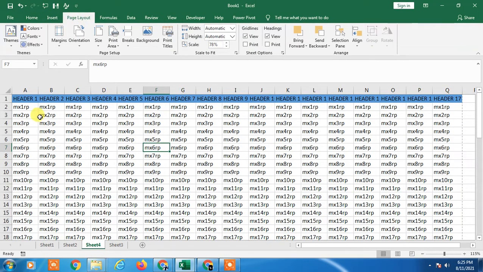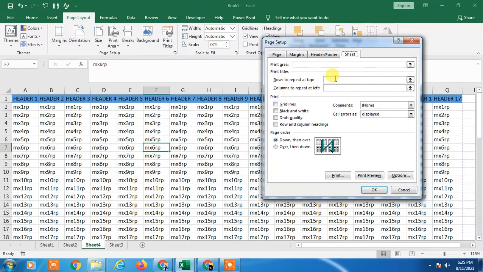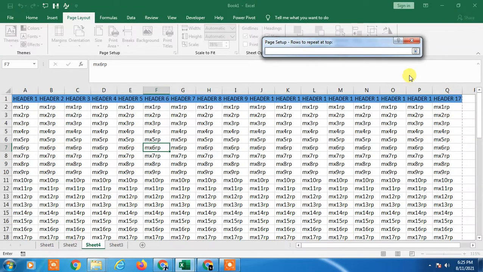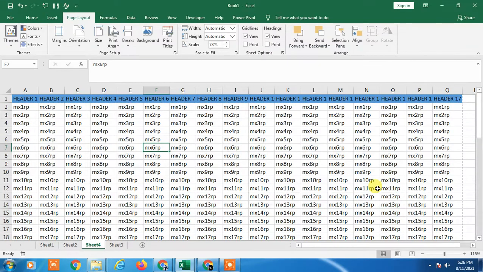Here go to the more option, and in the sheet tab you have to select the rows which you want to repeat. Click on it and select it. If you want to repeat columns, you can select the column also, but in my case I just repeat the header. Just click on OK.